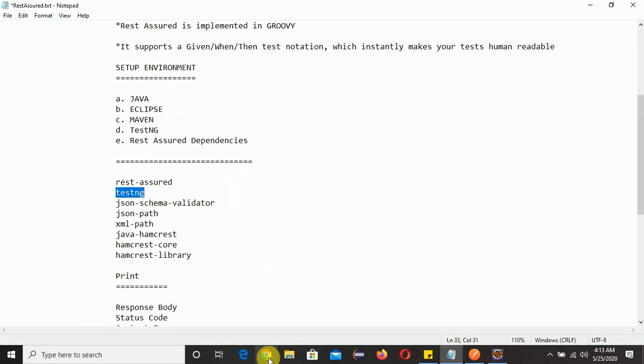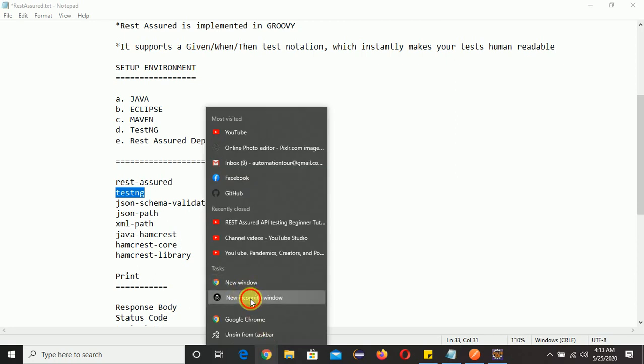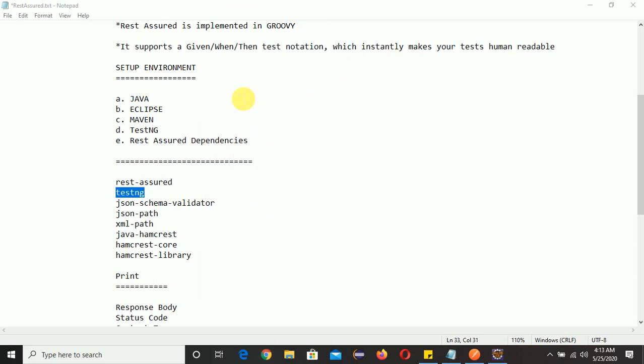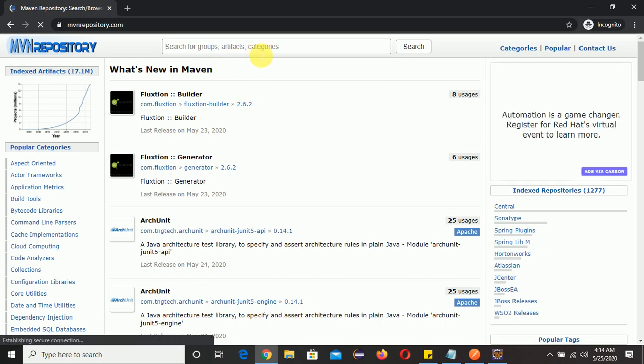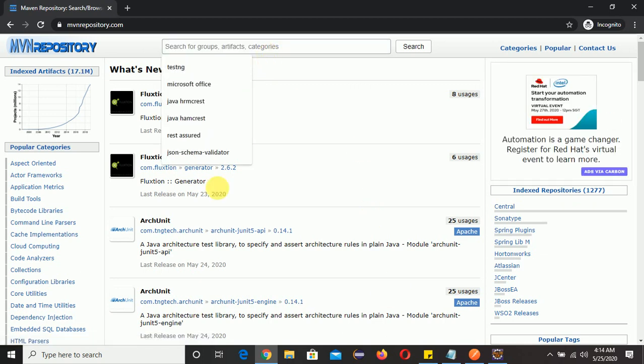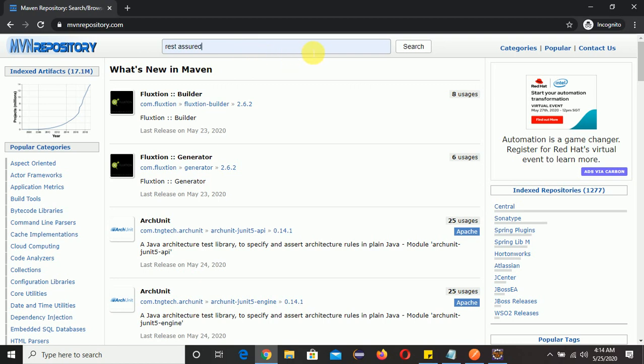So let me open Chrome, go to incognito mode. Now I will search Maven dependency, click on the first link and search here RestAssured. Since I have already searched, that is why it is showing. So in your case you can write and search RestAssured and click enter.